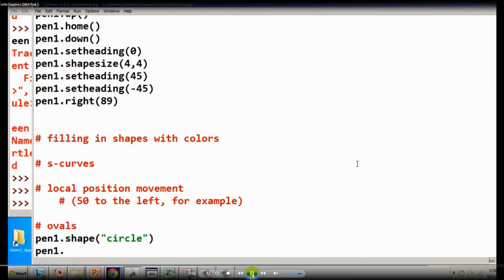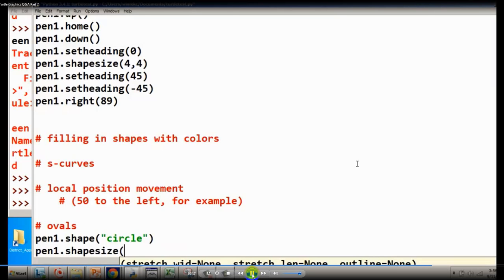Now we'll do pen 1 dot shape size. Now look at that. We've got stretch. We can stretch the width. We can stretch the length. And so let's go ahead and stretch the width by